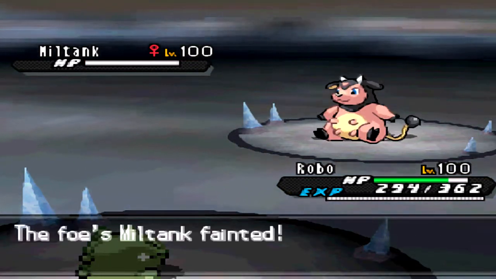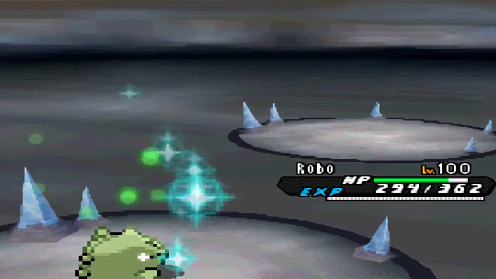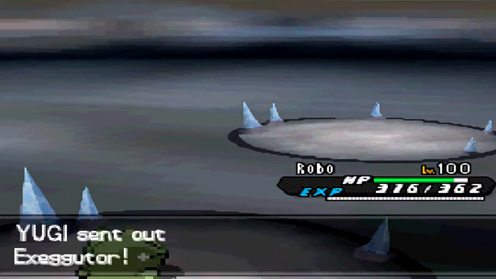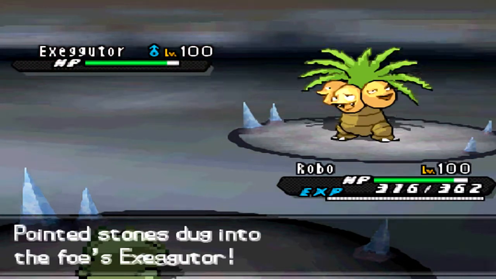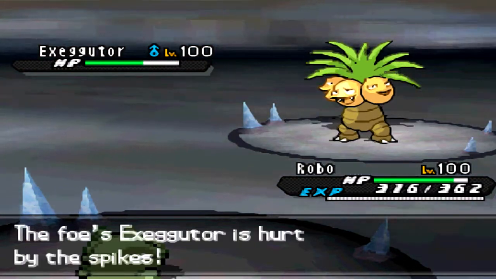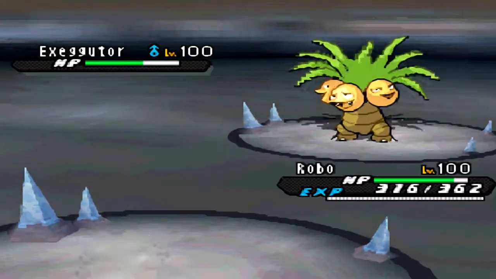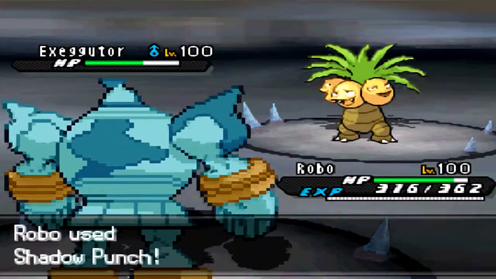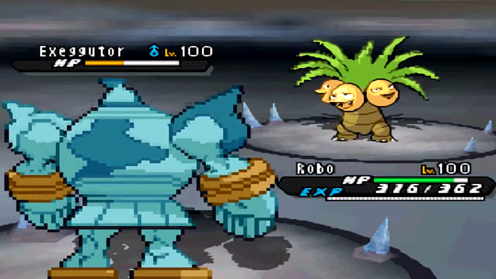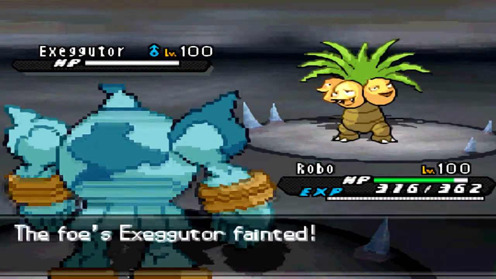I felt kind of bad, but I still felt great. I was like Tony the Tiger. I get a little bit of Leftovers back, and then he's going to bring out his Exeggutor. And I see Exeggutor, I'm like, I got this. Exeggutor is actually going to be faster. You know, the tree with legs and three egg heads is faster than the robot ghost. Who would have thunk? I'm just going to be able to knock it out in one hit with Shadow Punch,